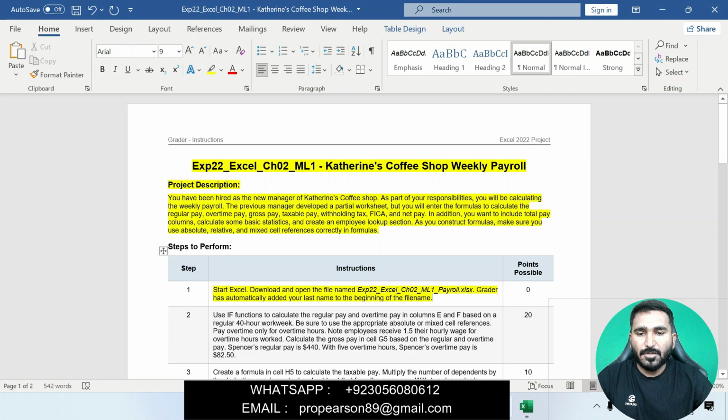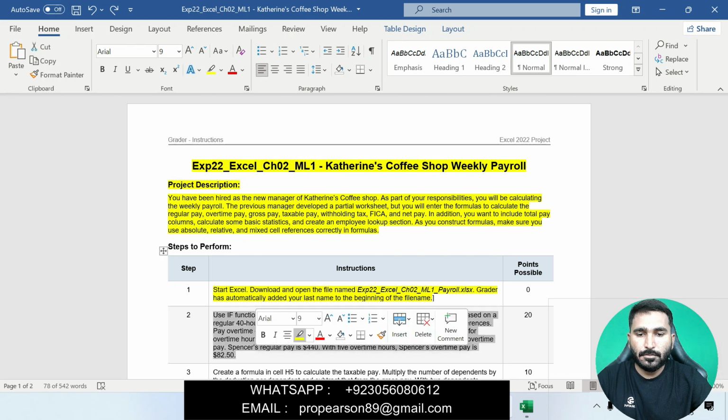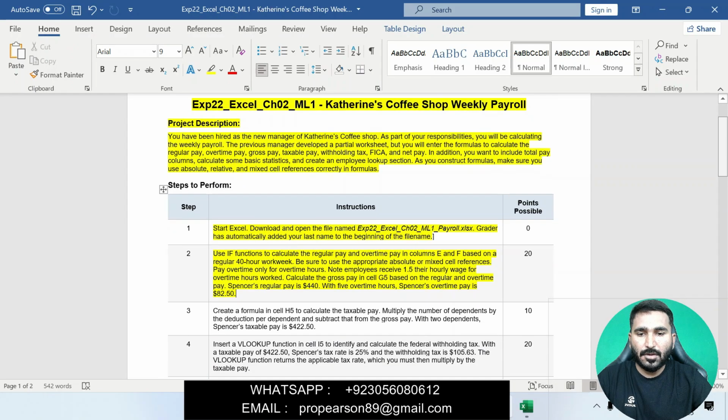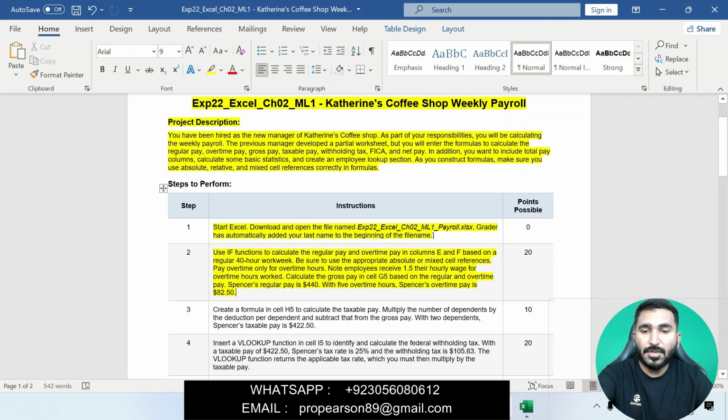Now moving on to question number 2. In question number 2, use the IF function to calculate the regular pay and overtime pay in columns E and F based on the regular 40 hours weekly.